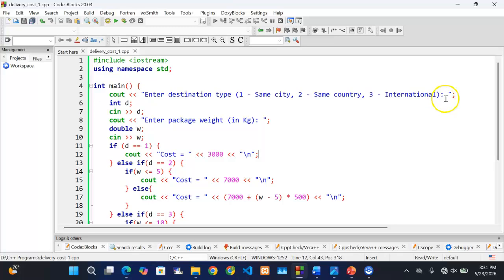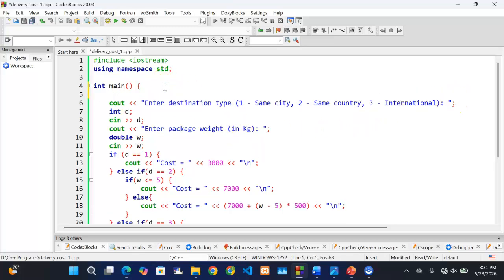So how do you use them? You can just declare an enum. So you can just say enum, and then give it a name, maybe destination. Then you define. So you say same city. We normally use capital letters to define enums. So you say same city. I want 1 to represent same city. And then you can say I want